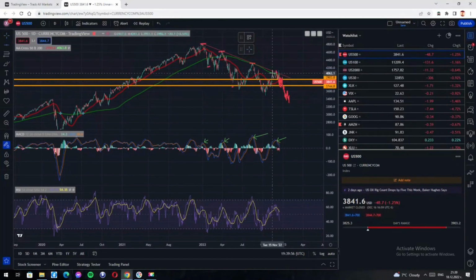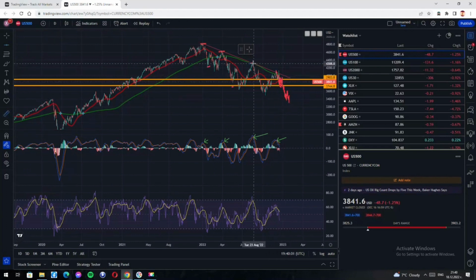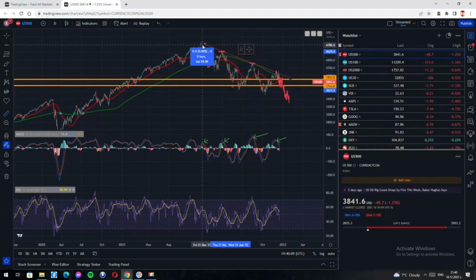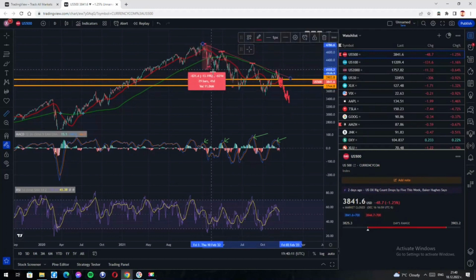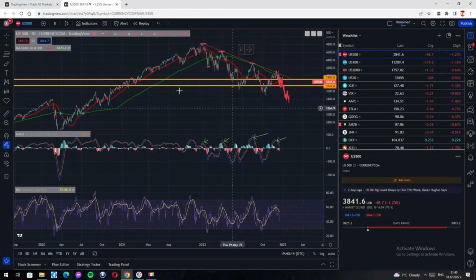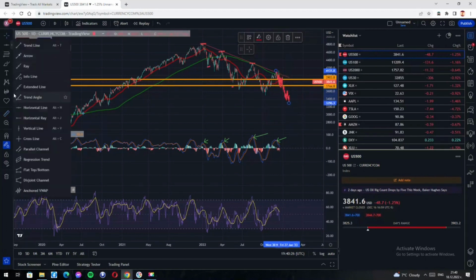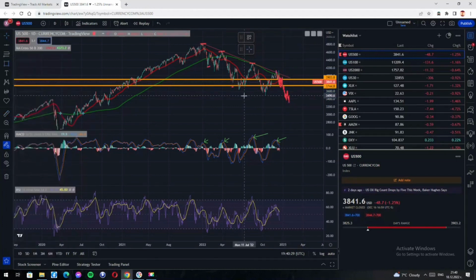So every time we've made lower lows, I believe that the average bear time period is around 60 days. Here it was 60, here it was around 80, and here it was around 30 days, but I believe this was the low. So yeah, 60 days. So I believe from here to here, the next bottom of the bear market will be around the 3,300 to 3,200 level. So let's say that around January we have fallen to this level.